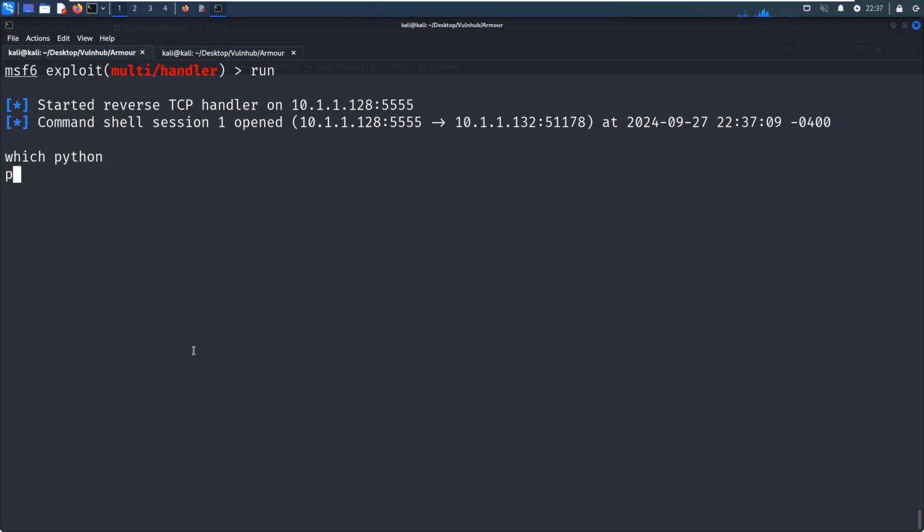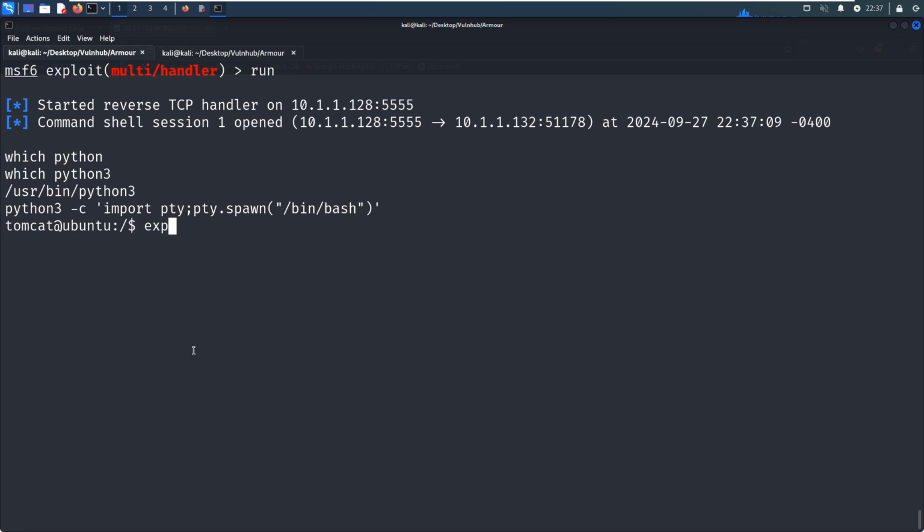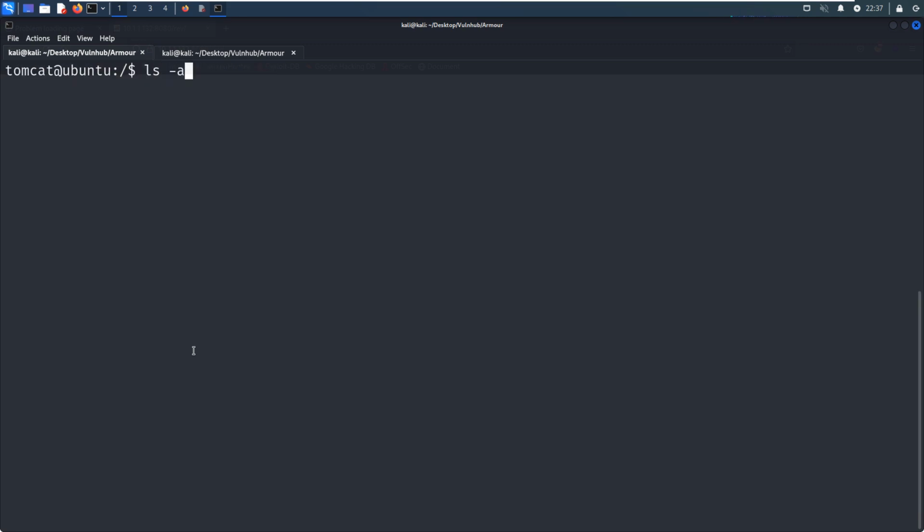So now we can spawn a more interactive shell. Python 2 is not there. Python 3, spawn. And also we can export the TERM variable, xterm-color, clear.